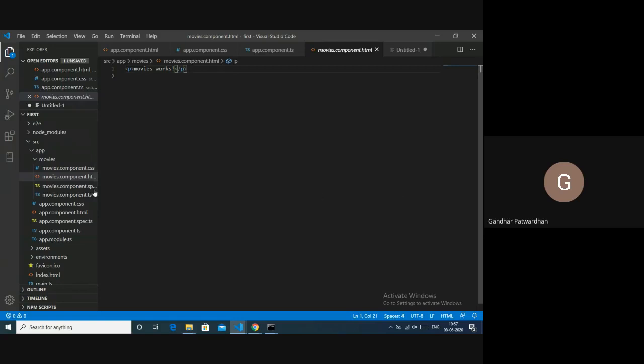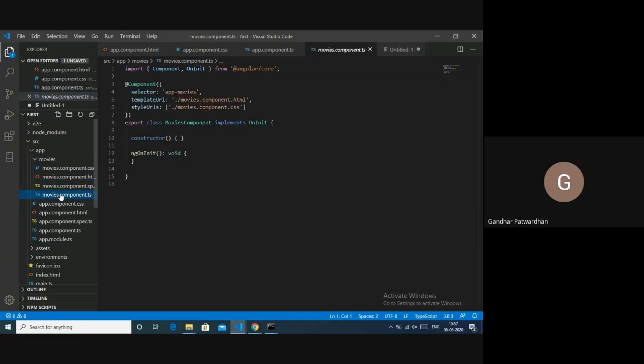Now what I will do is open the TS file of this component. So I opened movies.component.ts. Now in this, we saw that we have a class MoviesComponent, and it implements an interface which is the OnInit interface. Let us come to this OnInit interface later, we would be using that pretty later. But as of now, it also has a constructor.